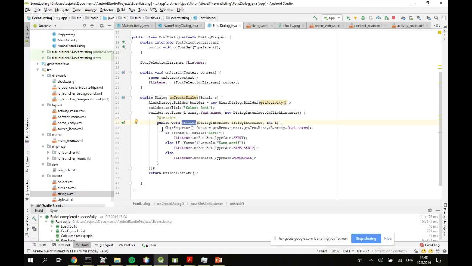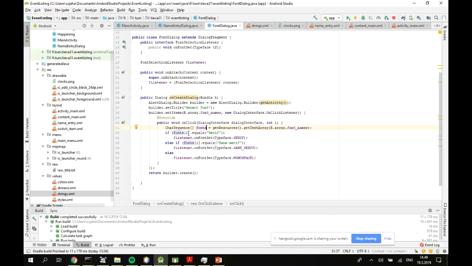This is not perhaps the recommended way to do the comparison, but just for the sake of example, I'm here first getting the array myself. So you can ask this get resources method, at the activity level I think, which is basically available all the time, and there are different methods to get different kinds of resources for you, and one of them is get text array. You just give the name of the resource, and then you get an array of char sequence. Android likes to use this char sequence for all sorts of strings, and then you need to convert them to string from that. But then I'm checking